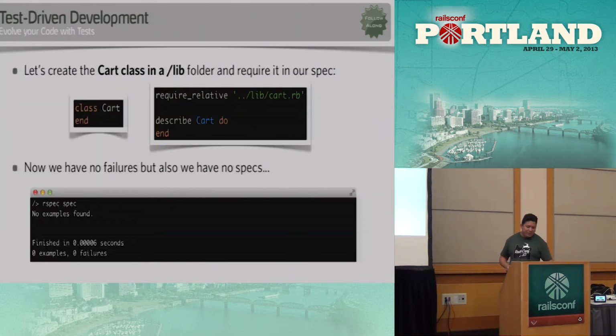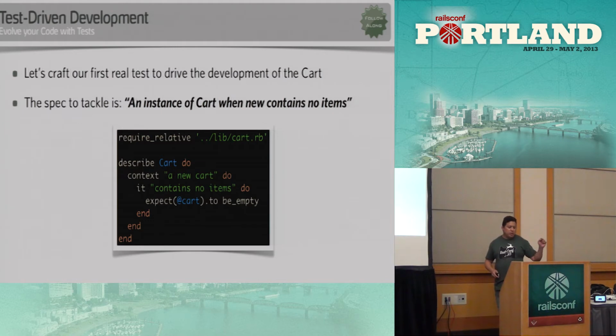But now that we have an empty Cart and we have a cart_spec that's empty, we can actually run RSpec again and basically get a zero failure RSpec run. But notice that we also have no examples. But before, we had a failure. So one of the things that I like to do with some systems is to make sure that that failure is explicit in my system now. And that's what I'm doing further down the line.